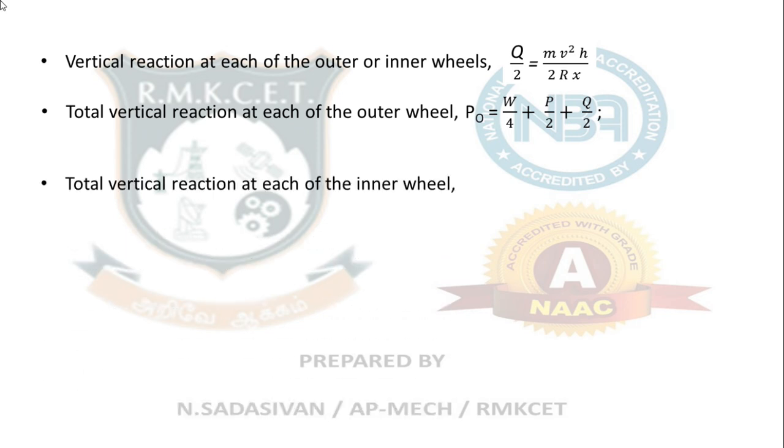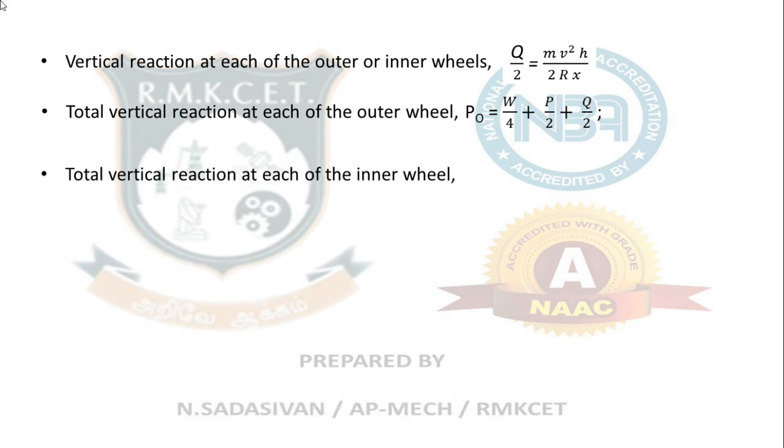Similarly, for inner wheels, the weight is always downwards wherever you are, so the reaction is upwards. For the gyroscopic effect, inner wheels are lifted up, so the reaction is downwards. Similarly, in the centrifugal couple, inner wheels are lifted up, therefore the reaction is downwards. Clear? So you get a minus sign. Subtract both from the weight of the car on each wheel.